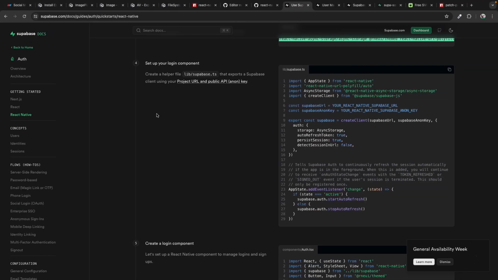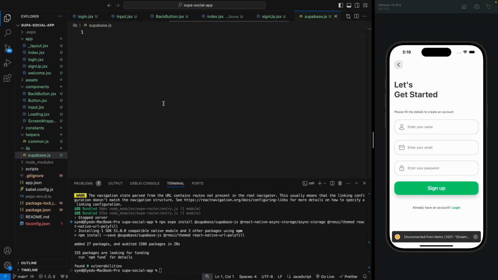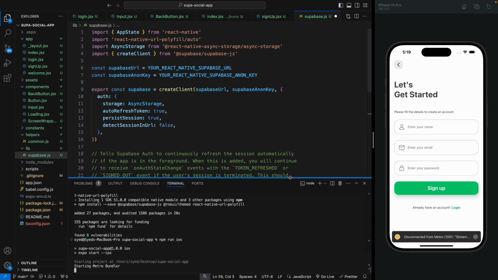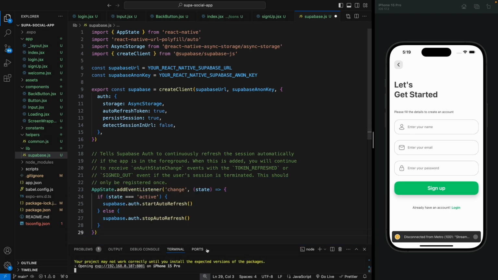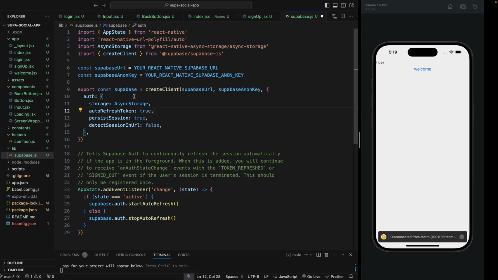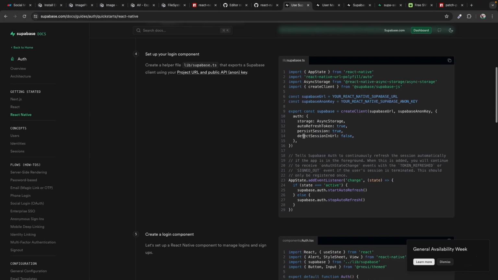Then let's just copy this client configuration. So this code basically creates a Supabase client which we can use to implement authentication. So I'll just copy this and paste this here, and the libraries are installed. So let's run our application. Okay, so now we're gonna get the Supabase URL and the anon key for these variables so that we can create a client. And let me show you how you can get these values.